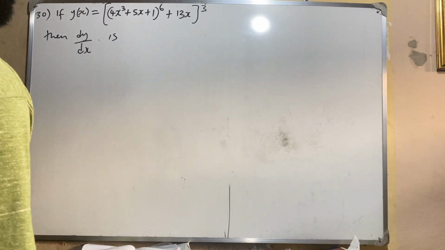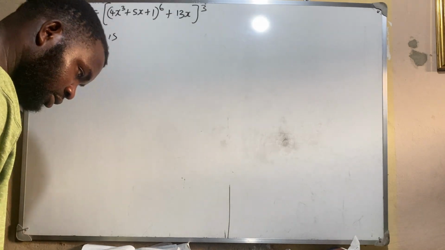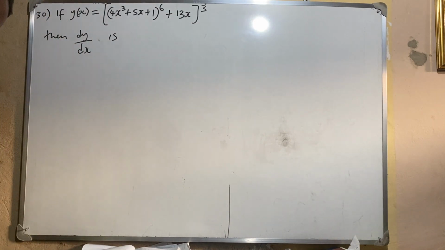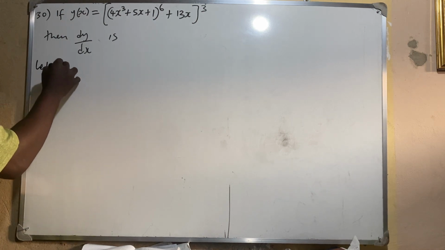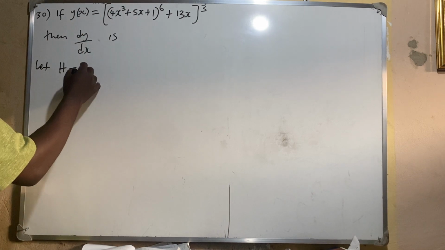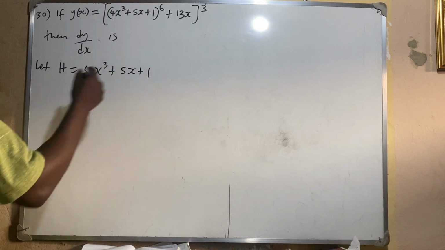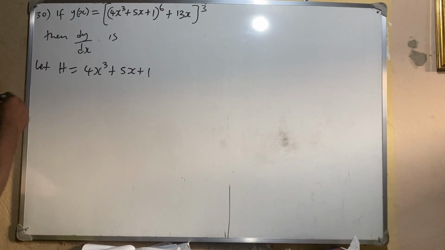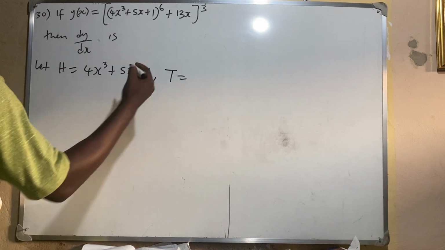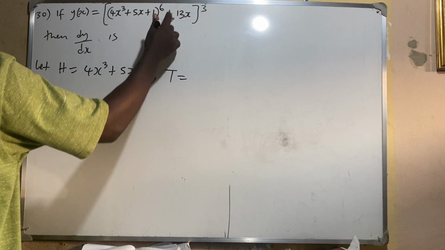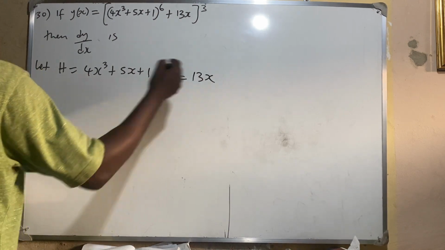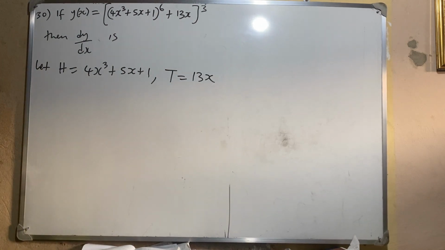So if we have this, let me say from here, let h be equal to 4x raised to the power 3 plus 5x plus 1. Okay, and then let t be the other side. Let t be equal to 13x. Okay, then we can now say that